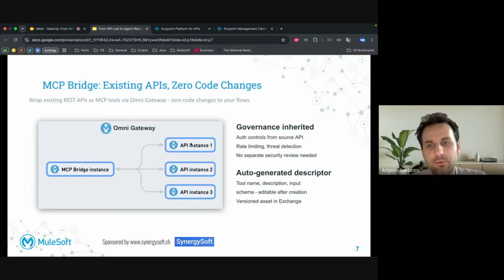And the MCP bridge, delivered through the Flex Gateway, Omni Gateway, wraps those APIs as MCP tools in hours, really in hours, without touching a single line of existing code. You just select the API instances, map HTTP methods to tool names, add descriptions, and deploy. And Omni Gateway will handle the rest, including inheriting all of the authentication, rate limiting, and other policies.